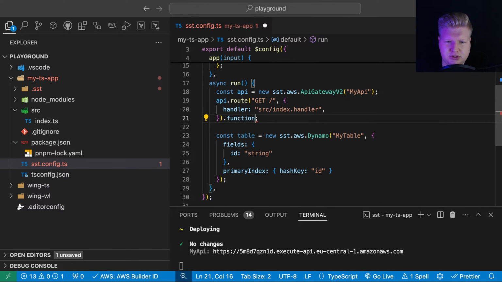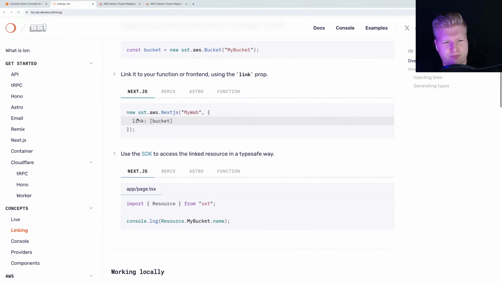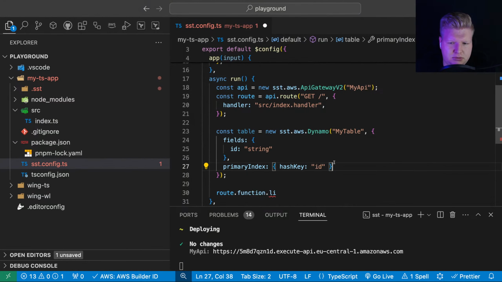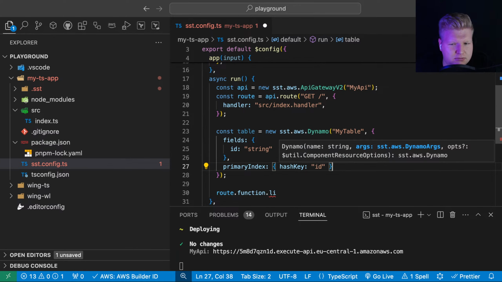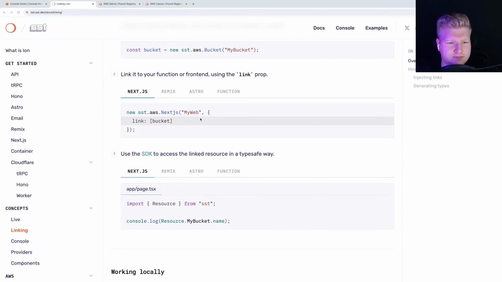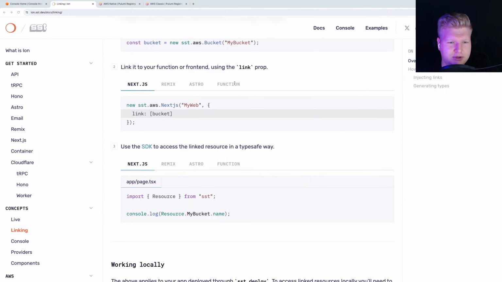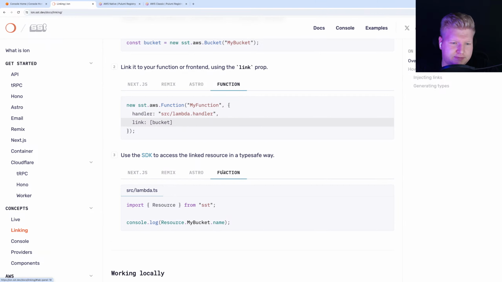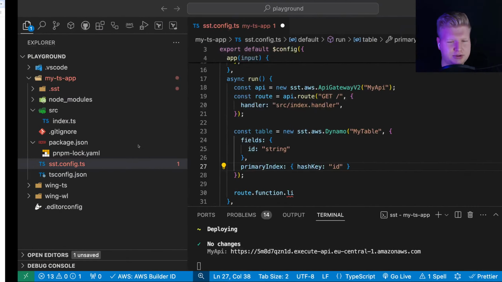Route function. Okay, sounds good. Route, and then I can do route function. How do I? Do I do it here? Link? No. I create a bucket and then link the bucket. Function. Oh, that's the example I need. I create a function. Okay.